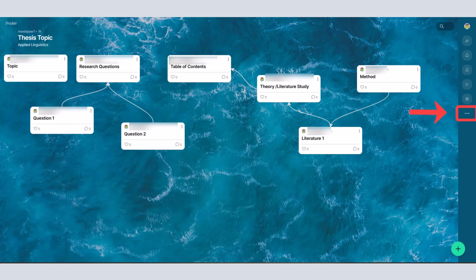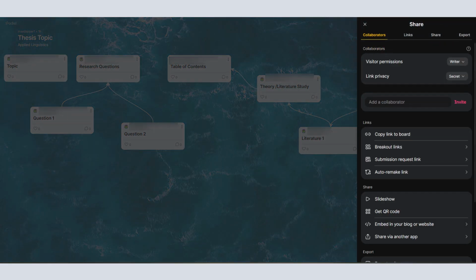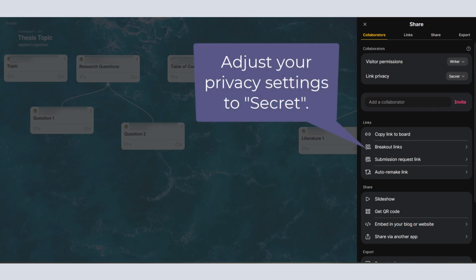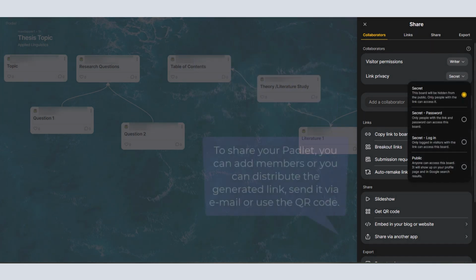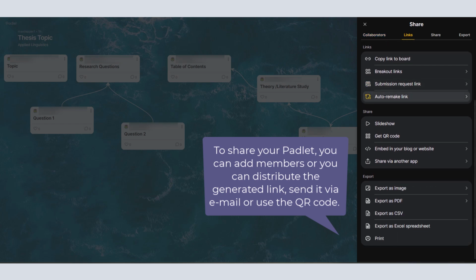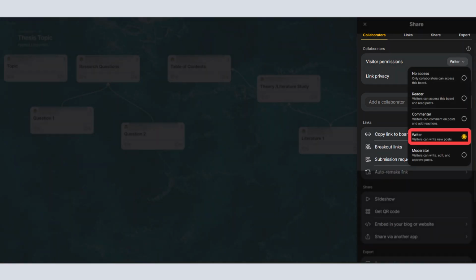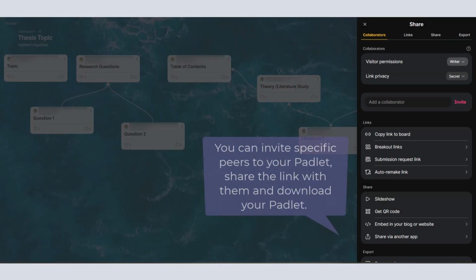Finally, to share your Padlet, click on the 3 dots on the right and go to Share. There you have a variety of options. We recommend adjusting the privacy settings to Secret, and then to share the link or QR code with your teacher and peers. Make sure to grant them the rights to write on your Padlet by choosing the corresponding option in the visitor permissions. Furthermore, you can invite specific peers to your Padlet, rename the URL, and share the link with them via